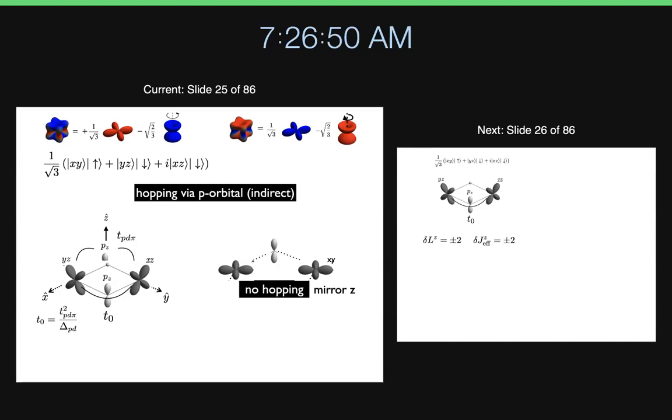And the reason for that is because xy here, and this is a pz, and pz has a plus sign here, minus sign there. So in fact, this xz and pz is going to be a 0. So there is no hopping between the xz and pz here. Of course, there is a direct hopping between the xz and xy. So this xy will have direct hopping, but that will be again Heisenberg interaction. So that's not what we want.